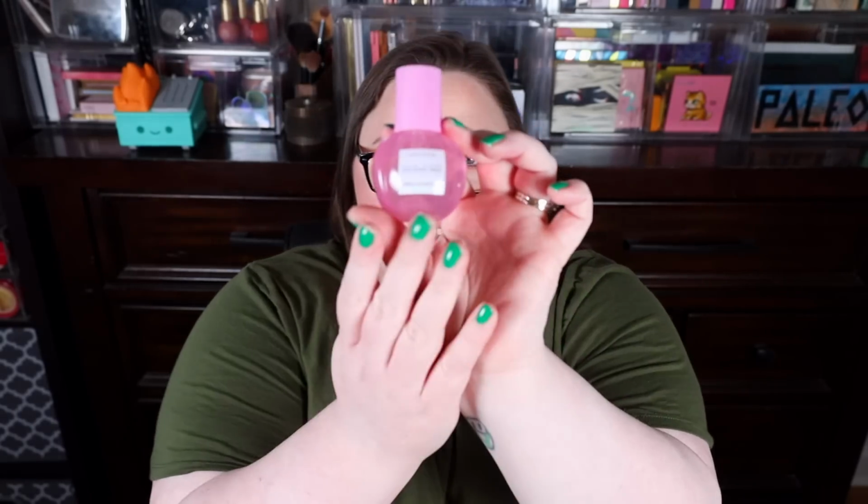Now I want to move on to serums. The first one is from Glow Recipe, and this is the Plump Hyaluronic Serum. This is what she looks like right here. I've been trying a couple of Glow Recipe products, and there are some that have been amazing, like the Blueberry Cleanser, super great. And then I've tried, I think, the Banana Moisturizer. I didn't really notice it doing anything to my skin, but this serum though, this has been a game